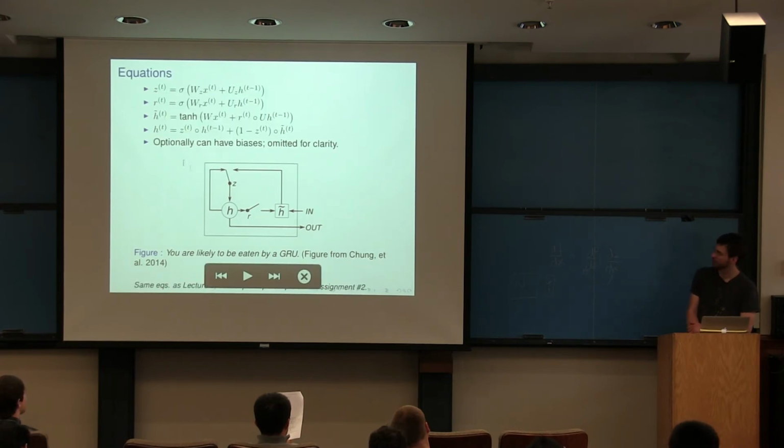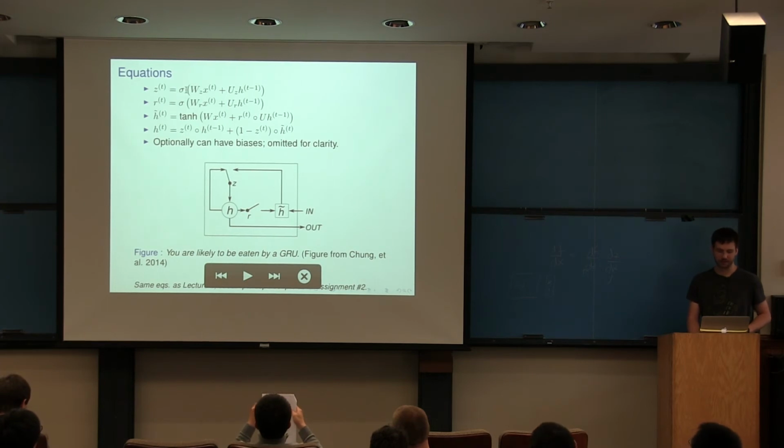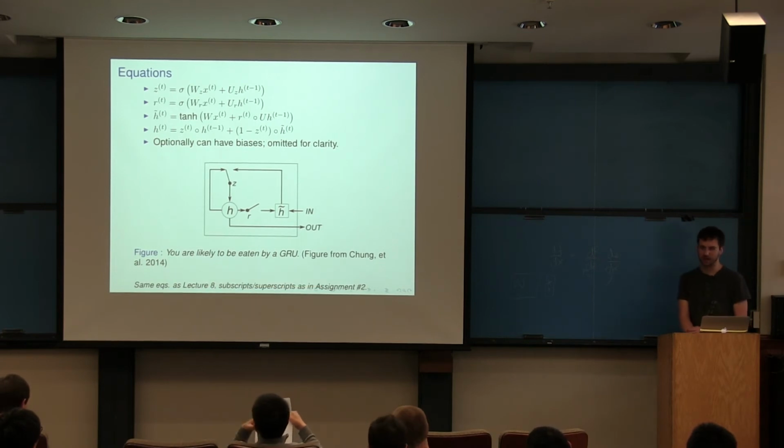So here are the full equations for the model. This looks like a lot, but again, remember, look for patterns. You see each of these as some affine, again, we're just omitting the bias for now, with sigmoid activation function. So ZT and RT take the same inputs. They have their own matrices, but they've got the same form otherwise.